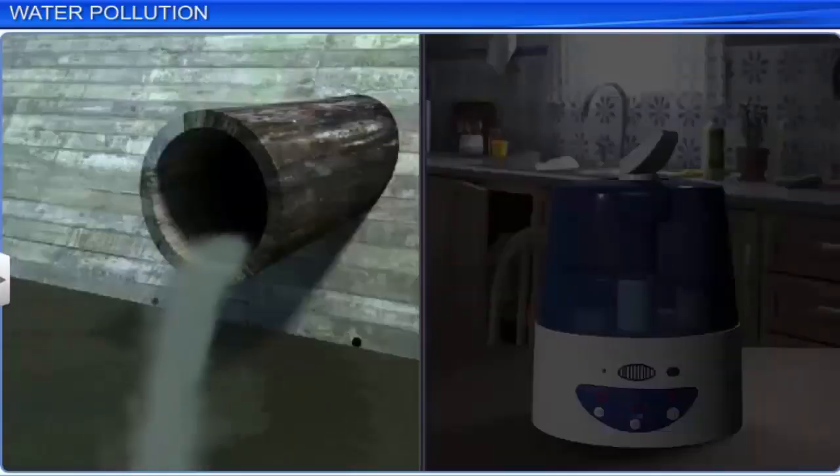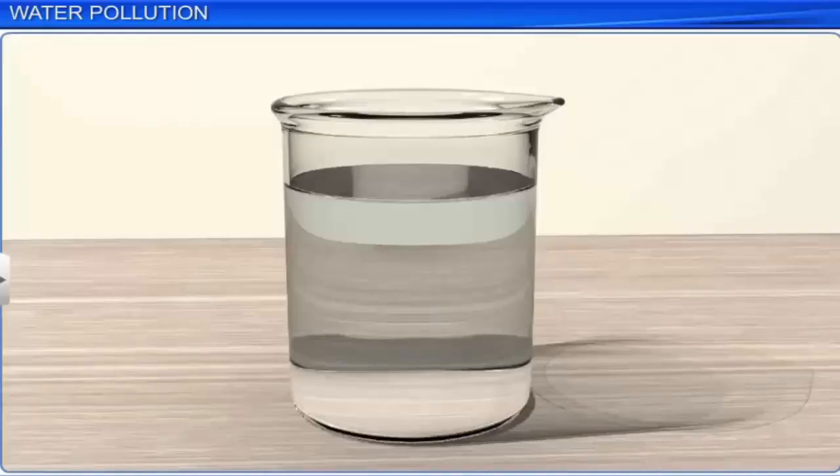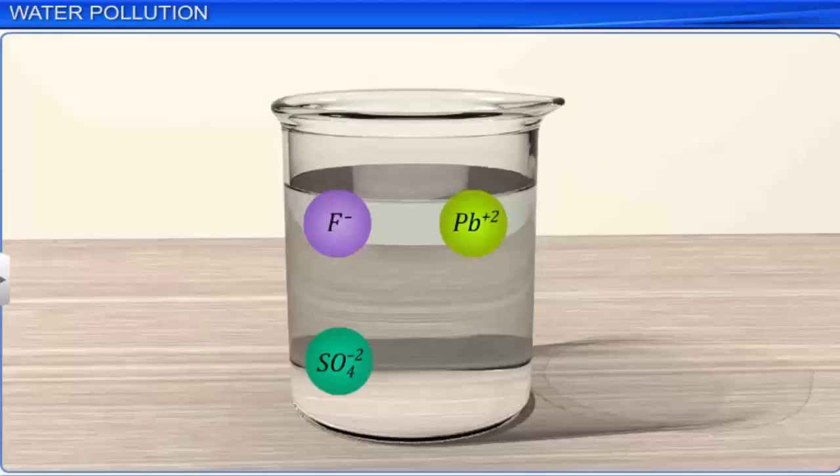Thus, we can see that water is very vulnerable to contamination and that we should ensure the purity of drinking water. The international standard followed for drinking water prescribes the usable amount of some elements in it, such as fluoride, lead, sulfate, and nitrate.